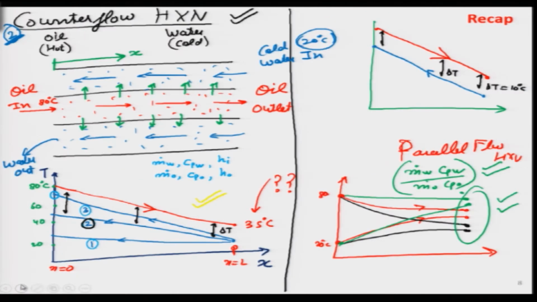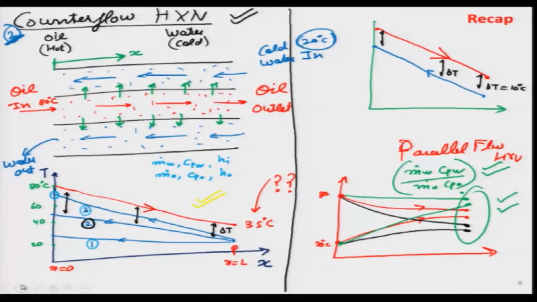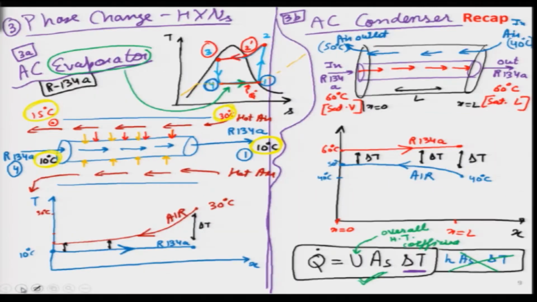Then we looked at the second type of heat exchanger, which was the counter flow heat exchanger. Here you see the red arrows and the blue arrows are in the opposite direction. For instance, red is going from left to right, and blue is going from right to left, and the name signifies this opposite direction or the counter direction. So, it is known as the counter flow heat exchanger, and the temperature profile for that is shown at the bottom over here on the left hand side, and we can get very interesting profiles over here as well. This is the second type of heat exchanger we looked at.